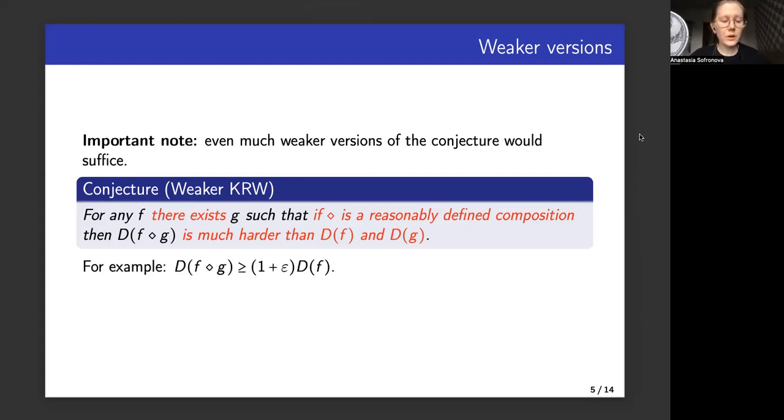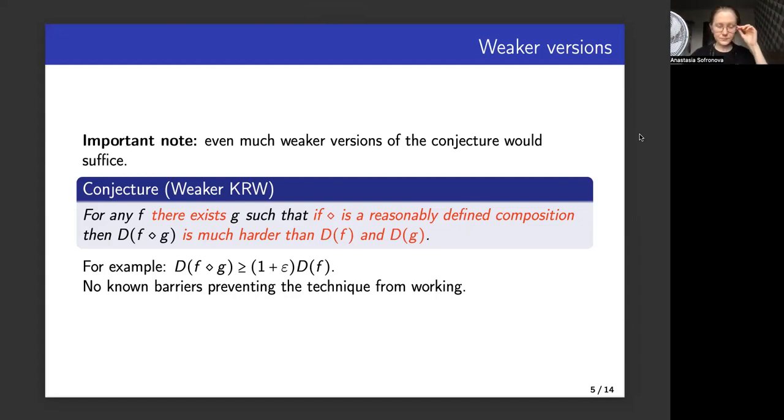For example, the following lower bound would suffice: that the depth of the composition of f and g is bigger than the depth of the formula for f times 1 plus epsilon. And what's nice is that there are no known barriers that would prevent this technique from working, meaning that there is no reason that this conjecture should be wrong, apart from the fact that no one has proven it yet.